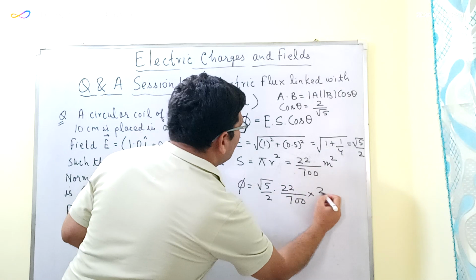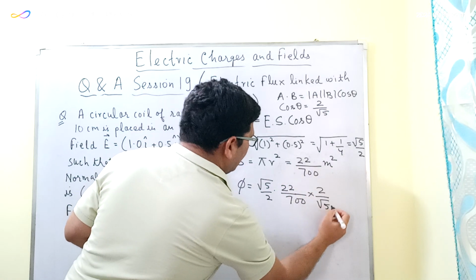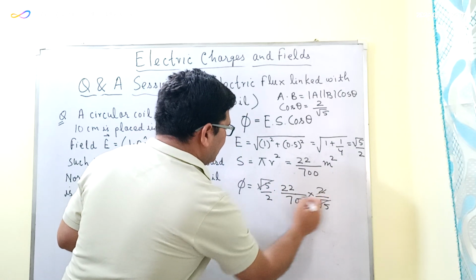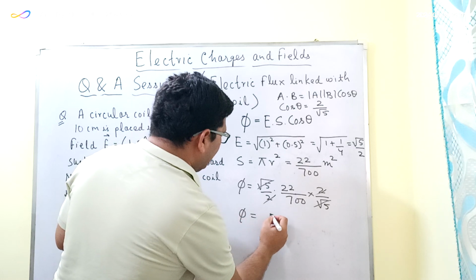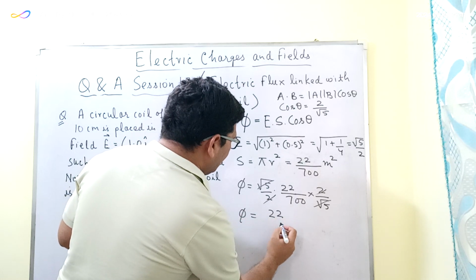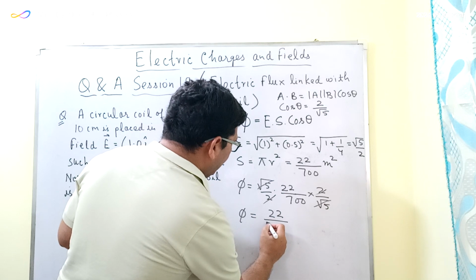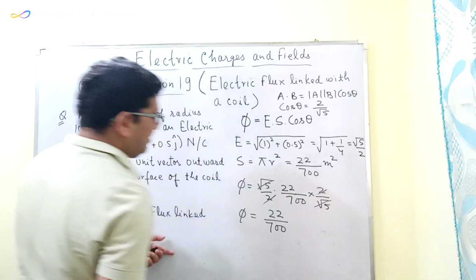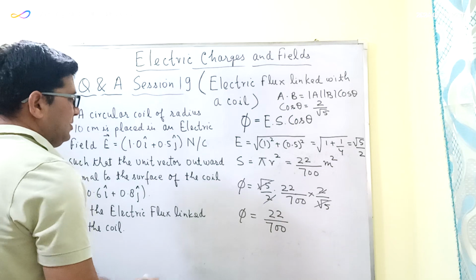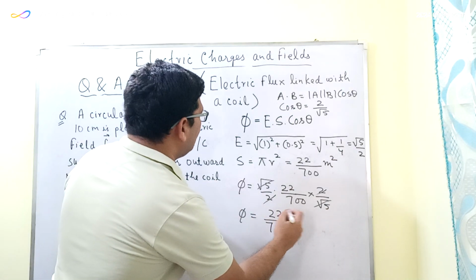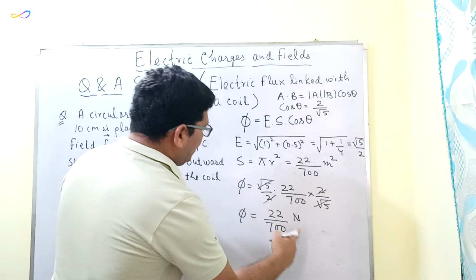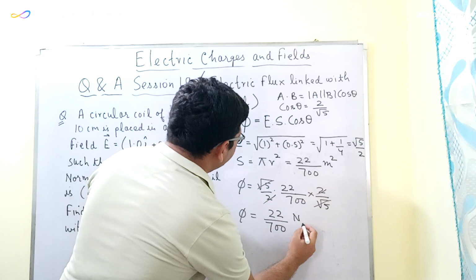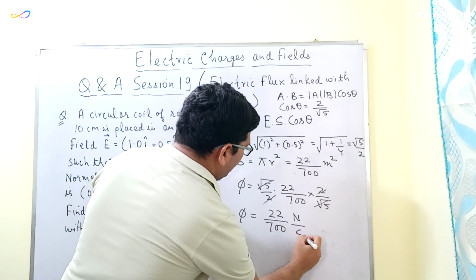Cos theta is equal to 2 upon root 5. So this gets cancelled out. So finally the flux which is linked with the coil is equal to 22 divided by 700, and the unit of this flux will be Newton per coulomb